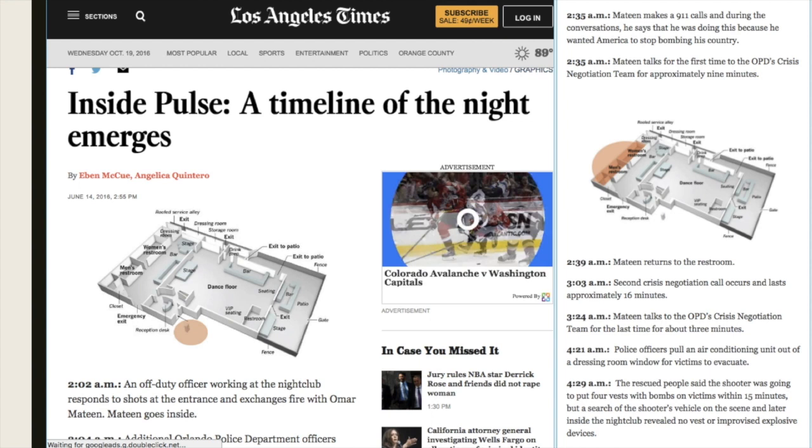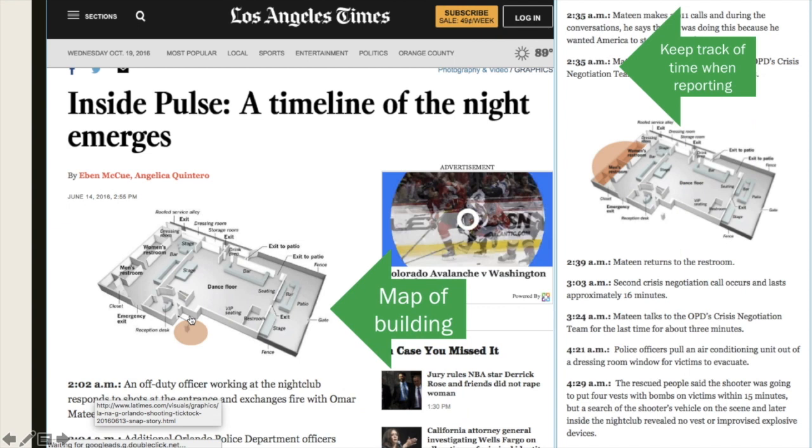What we often do when we're really in a hurry is we just create this timeline with number markers. So this is the Pulse nightclub shooting, and maps were very helpful. So there were these sort of renderings of what the building looked like inside, and then there were times for this is when this happened, this is when this happened. And so in your reporting, sometimes it's important for you to keep track of the time or to get those